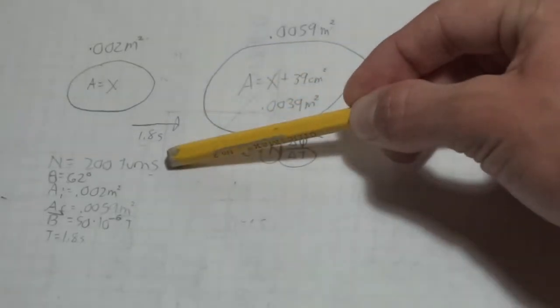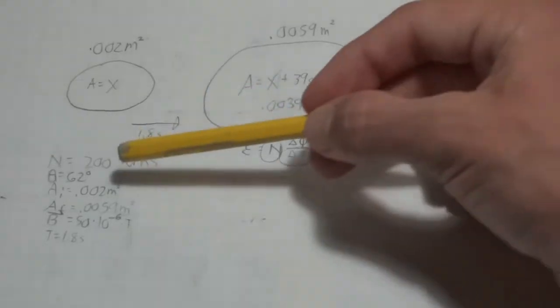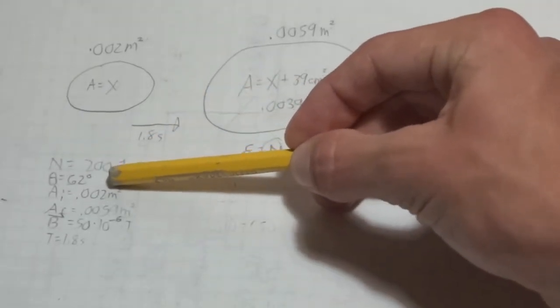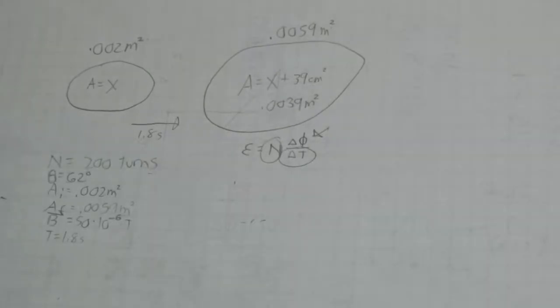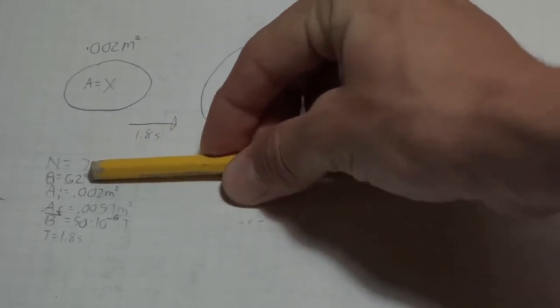So I wrote down some other notes that we should know. First of all, n is 200 turns. That was given to us in the problem. And theta is actually 62 degrees. Now the book told us that the theta between the plane and the magnetic field was 28 degrees. However, we do not want the angle between the plane and the magnetic field. We want the angle between the magnetic field and the axis of the circle instead of the plane of the circle. Because those are always perpendicular, 90 degrees minus 28 degrees is going to be 62 degrees,